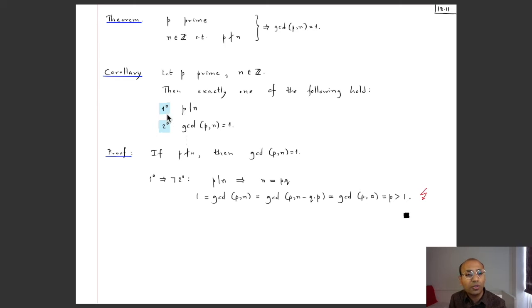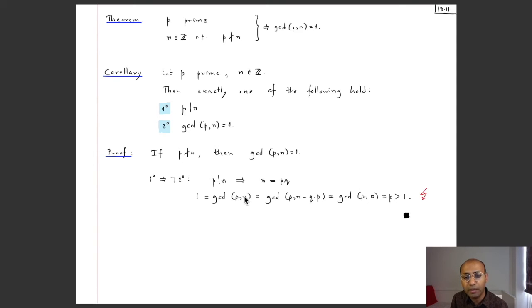So let's first show that if we are in case 1, then you cannot be in case 2. So 2 cannot hold. Now 1 holding means that p divides n, so there exists some integer q such that n is equal to pq. But if the second statement also holds, then you have that the GCD of p and n is equal to 1, but this n is pq, and we know that this GCD is the same as the one we obtain if I